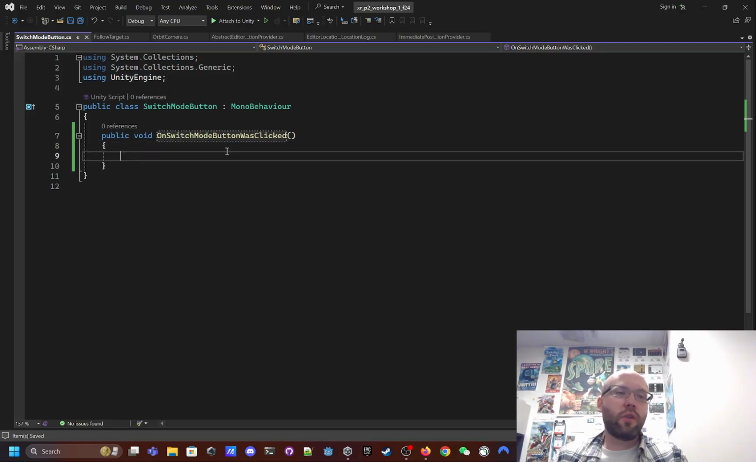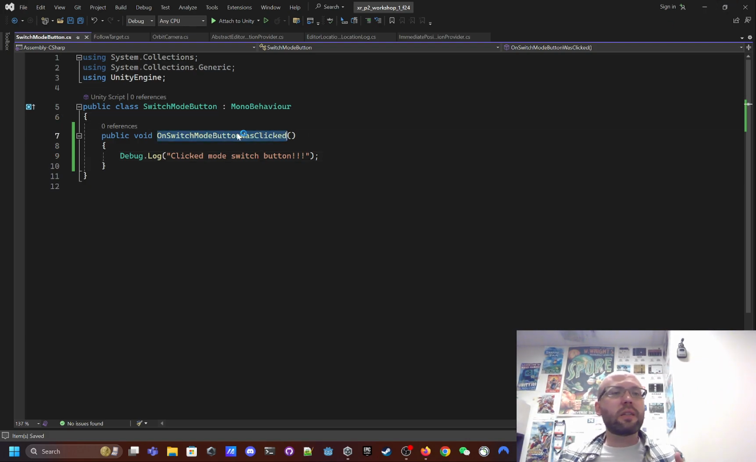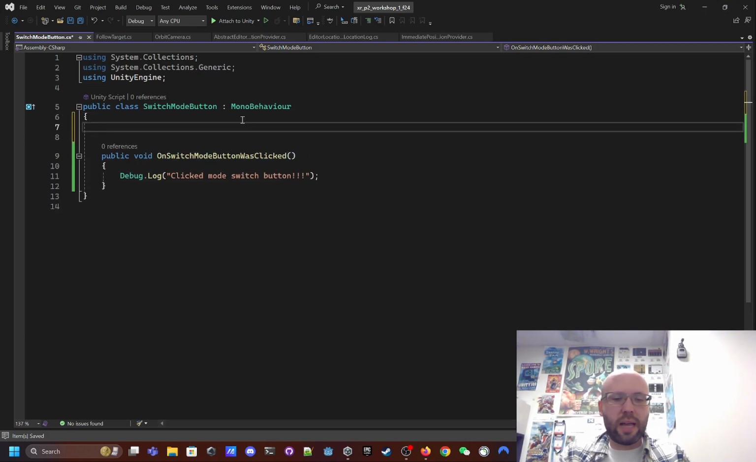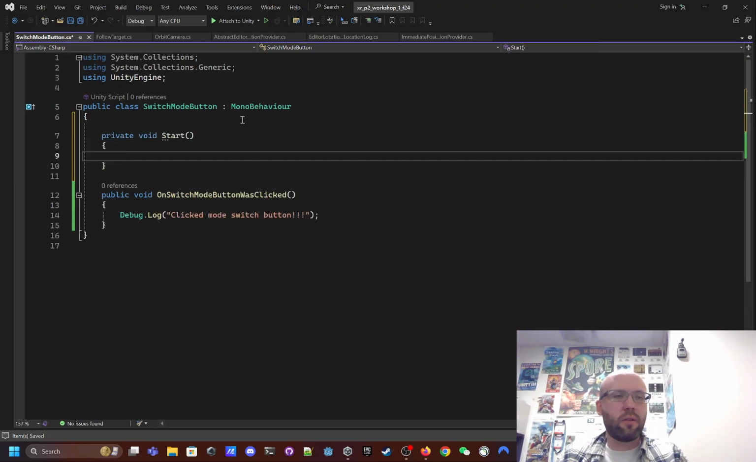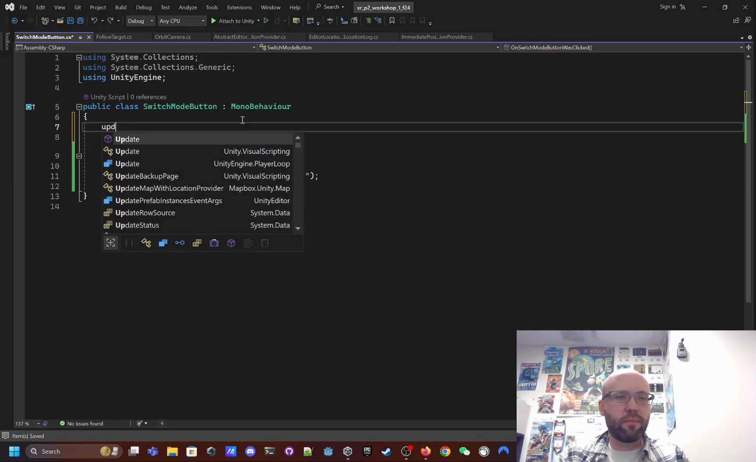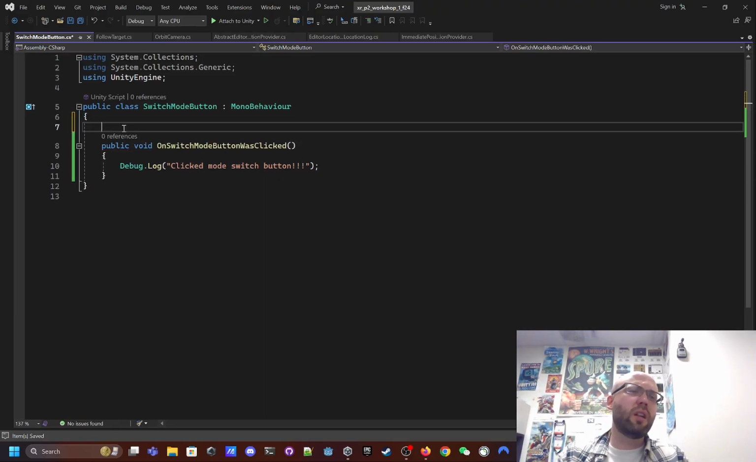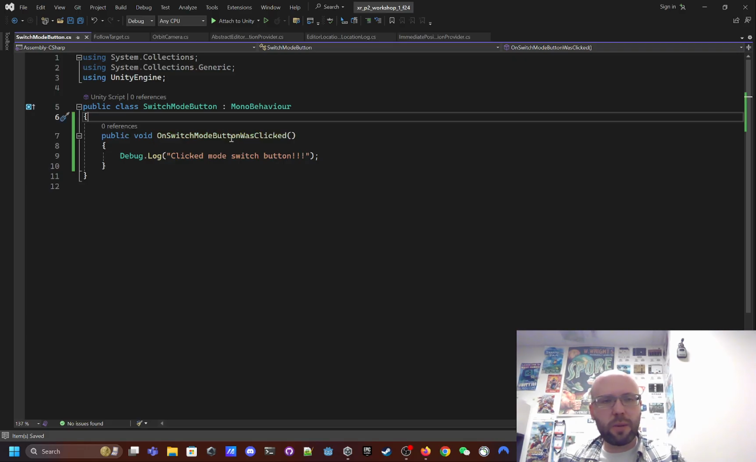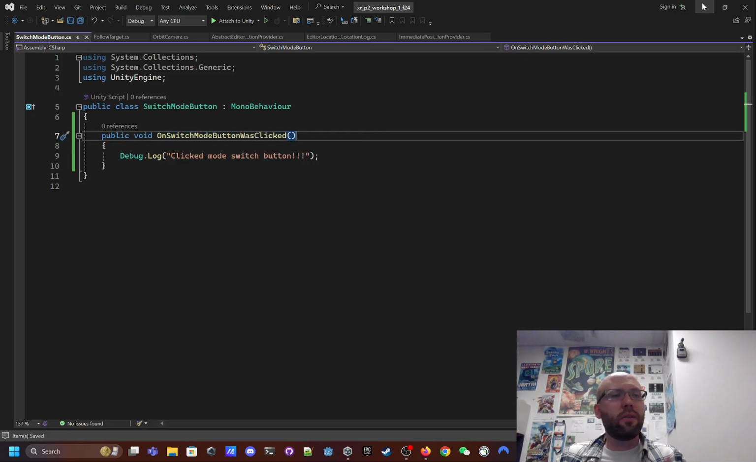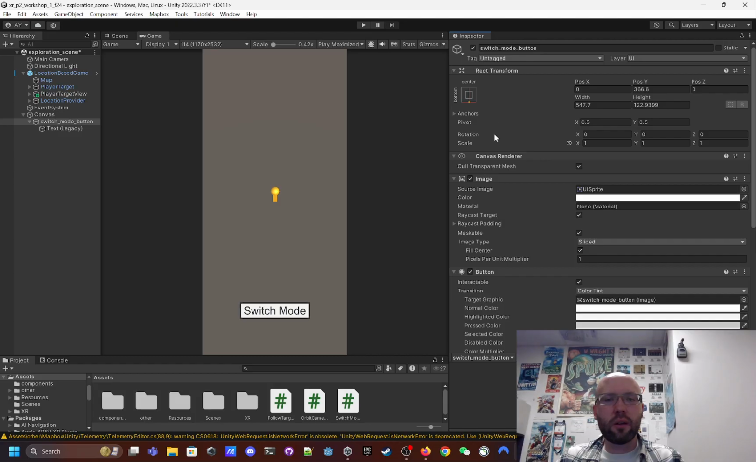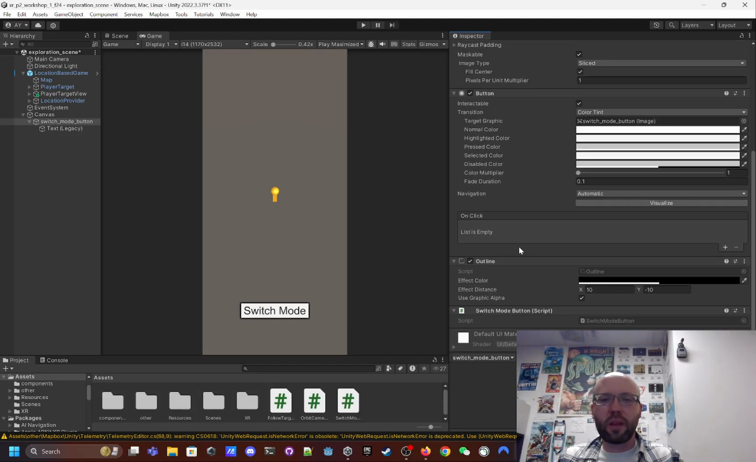What we need to do for now, let's just do some debugging. So let's go Debug.Log, just to verify things are working. Clicked mode switch button. Now, this is not a special function like Start or Update. Those functions will be called automatically by Unity, but this one will not. There's nothing special about how we named this function, and so how do we make sure it gets called? Well, what we can do is go into our